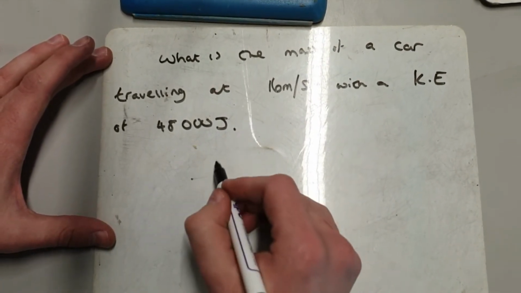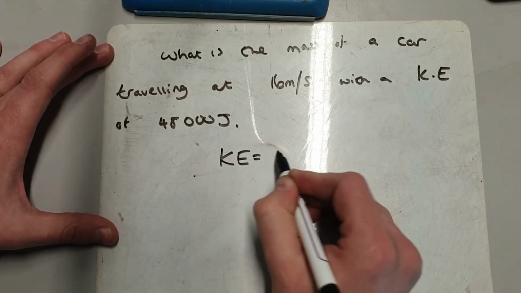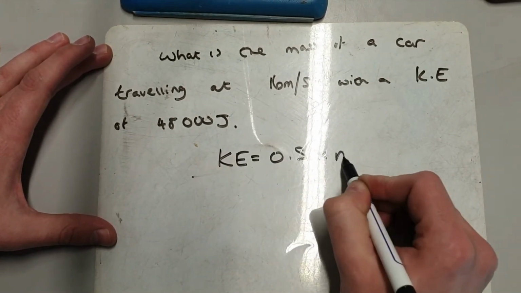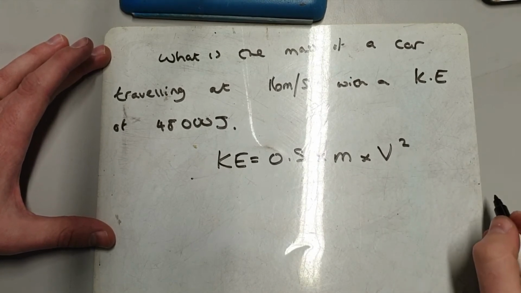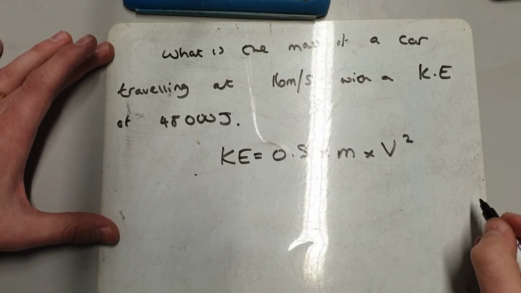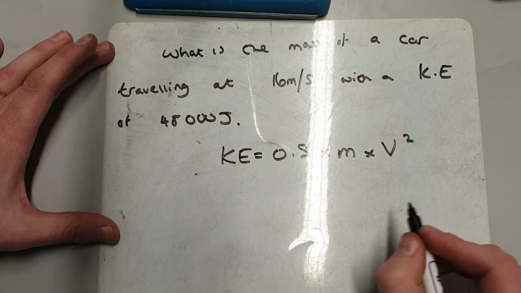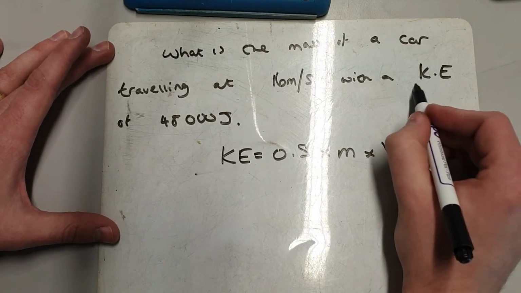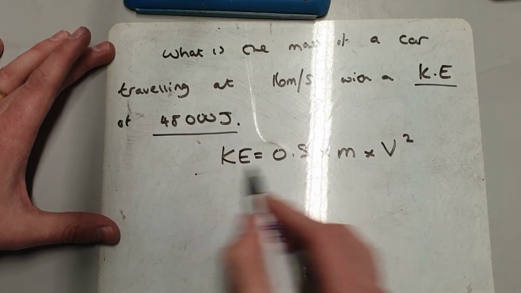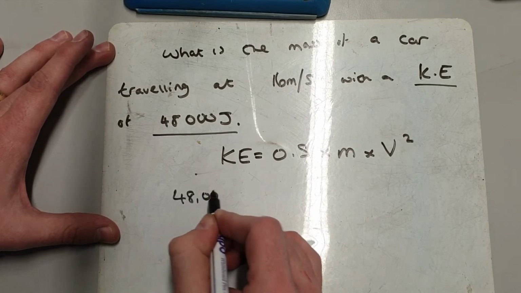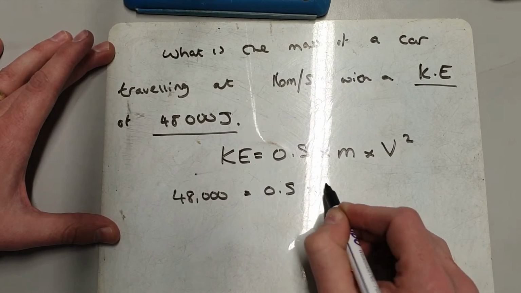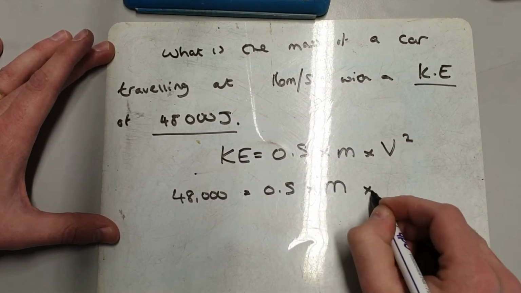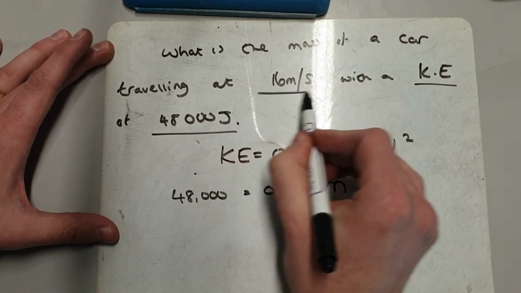Well, we do the same thing as we did before. We start off by writing the equation, 0.5 times mass times velocity squared. But this time, we're obviously going to need to rearrange the equation. But the first thing we do is we sub in everything that we know. So first of all, kinetic energy of 48,000 joules. So 48,000 will go in there, equals 0.5 times the mass, which we don't know, times our 16 meters